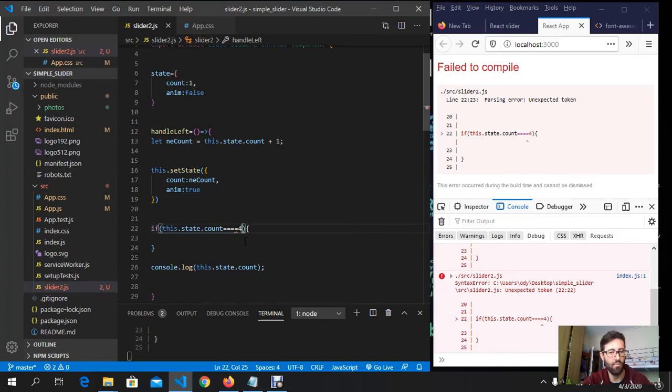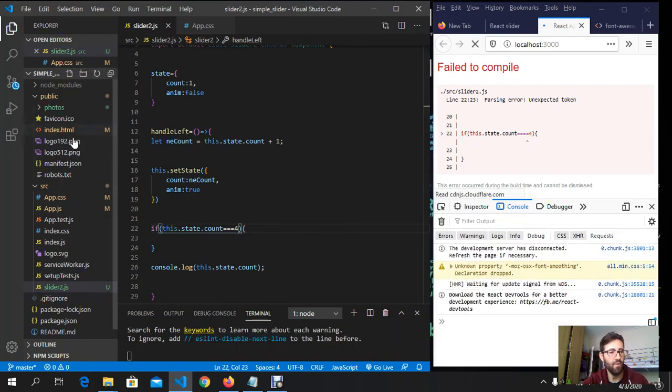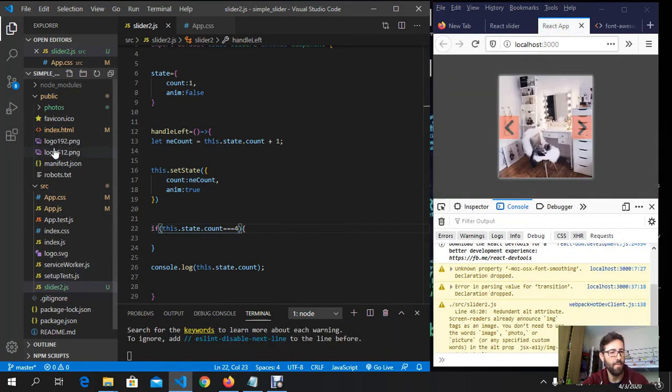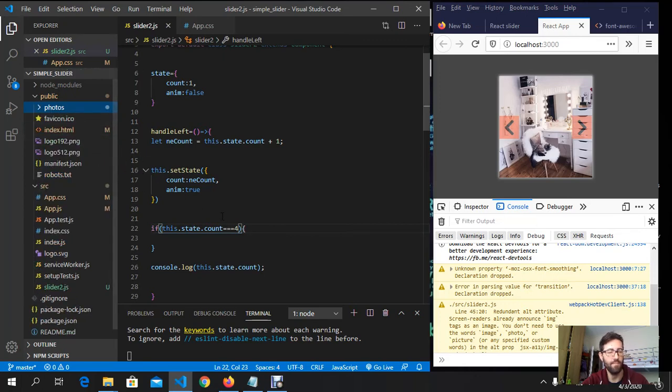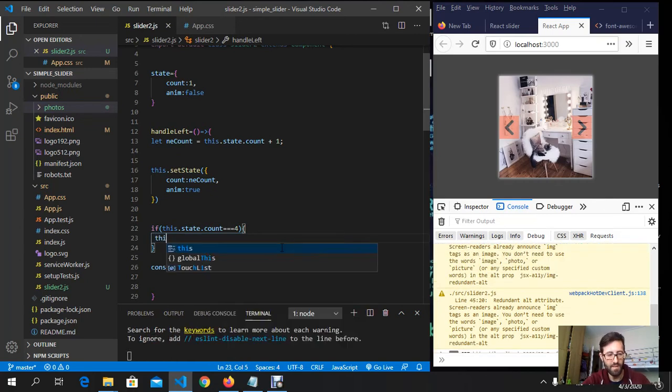Why 4? Because we have, how many images did I put here? We have 4 images. Where are 1, 2, 3, 4? If we have 5, we put 5 here. If we have 10, we put 10 here. Okay, right. If it's 4, what I want is this.setState